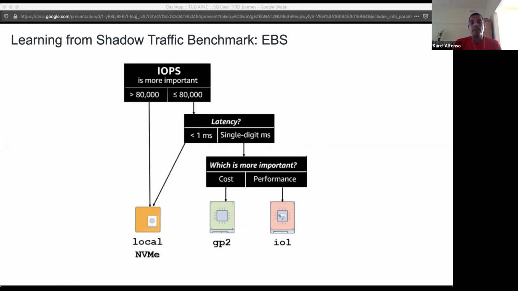Initially, we set this up in Kubernetes using EBS volumes. We had the option of using local SSDs, but we went with EBS because these are persistent volumes that survive across crashes. We also decided to start with GP2 volumes, which are volumes in AWS that give you IOPS based on the size of your volume. We wanted to look at the performance we would get without having to incur much cost.